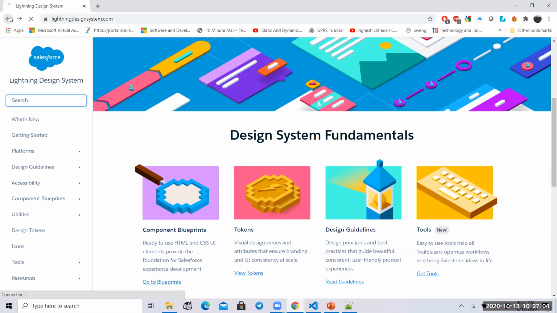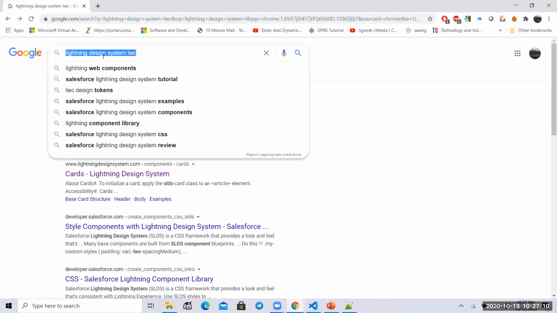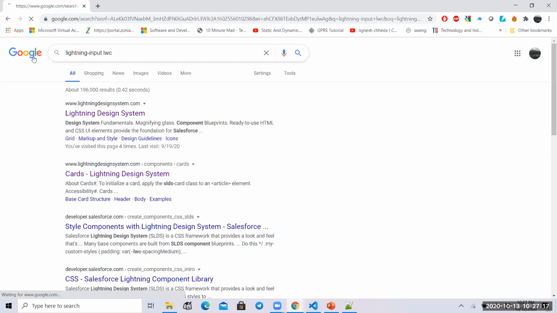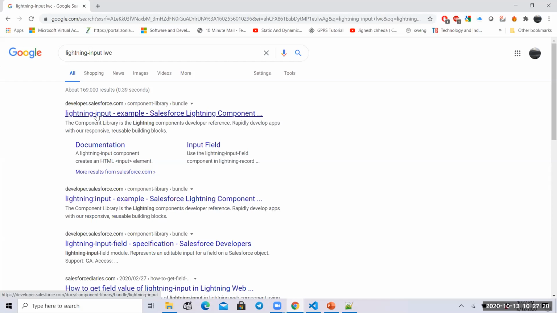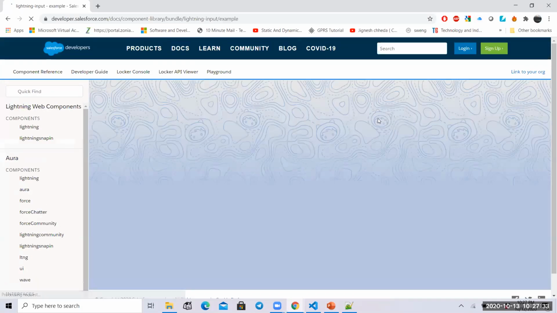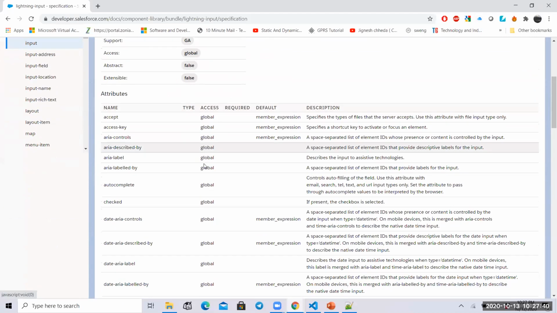It's more for designing and styling. Just put Lightning input. LWC should be getting that. You should be on developer.salesforce.com. Now open this. Now you have to open the specification, I think. In that you check that label is there, value is there, what is there, what is not. Go down. Do you see label?